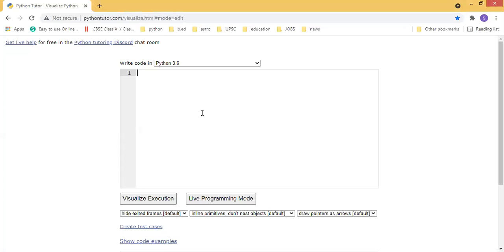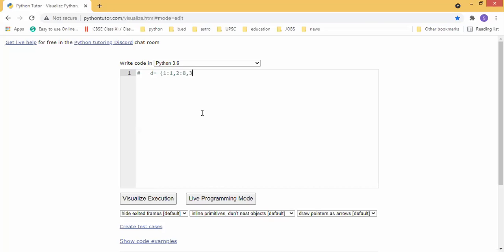See, for this question the output should be, for example, D is a dictionary, where the key should be 1 and the value should be its cube. That is, 1 cube is 1. Okay, 2 means the value should be 2 power 3, that is 8.